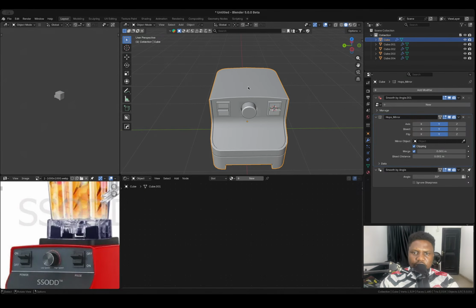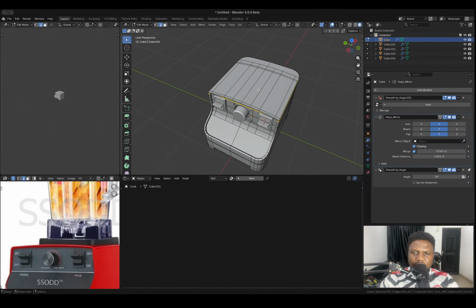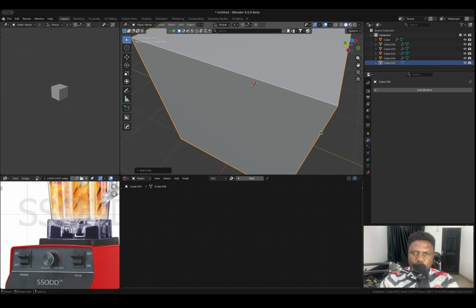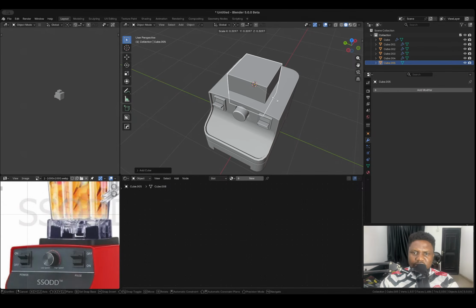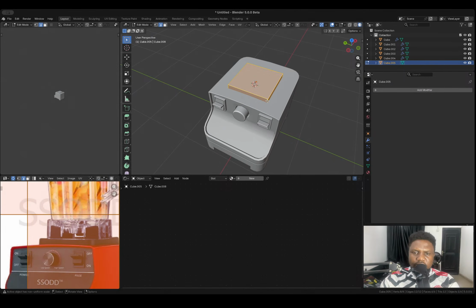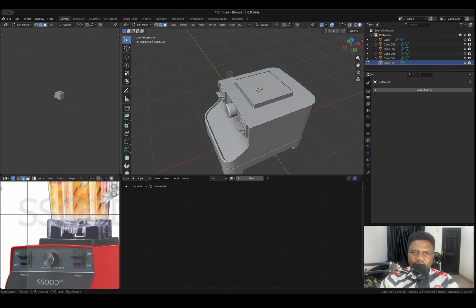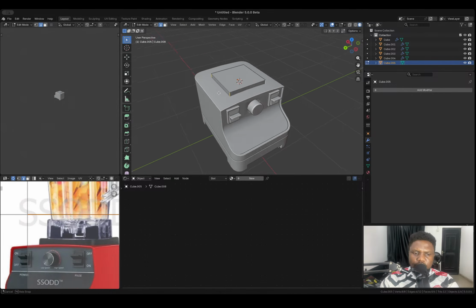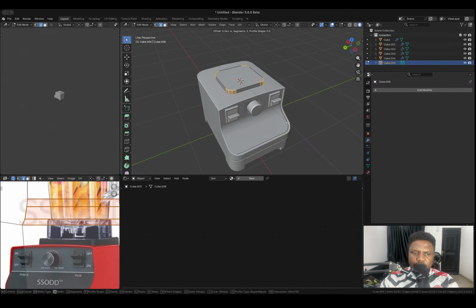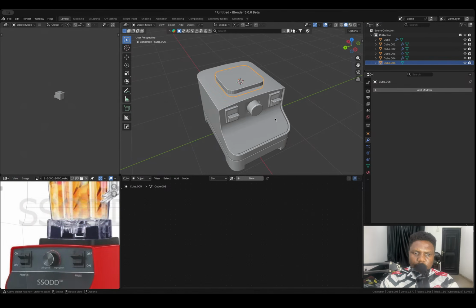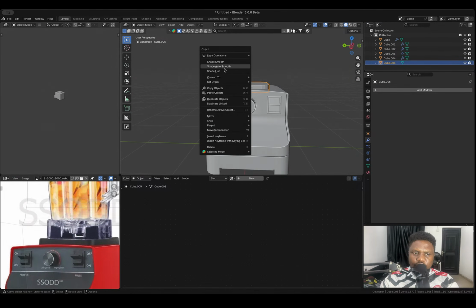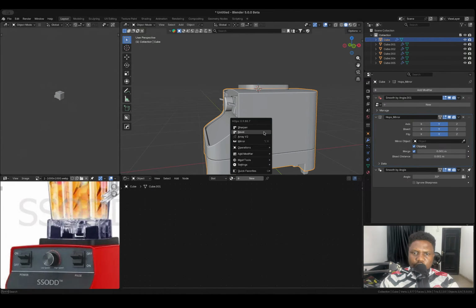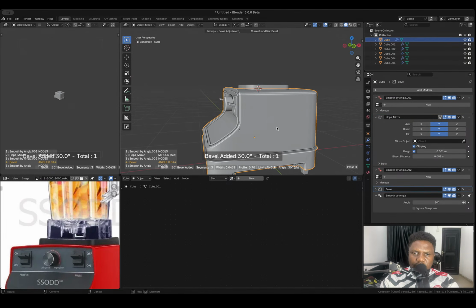I'm going to bring in this top base. That is looking like a different mesh of its own. So I'm going to bring in a cube, scale on the Z, GX backward, scale, and then this right here, I'm going to select the edges just like so, and bevel. So that's cool. I'm going to shade smooth, and I think something I want to do is add bevel to this,